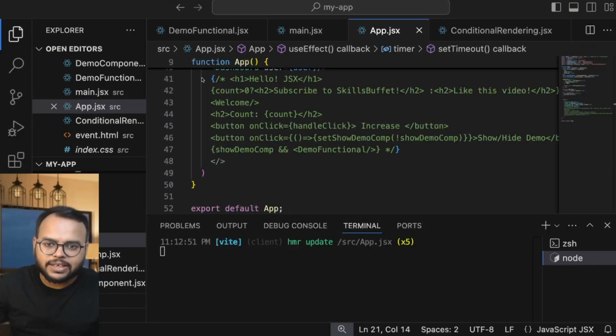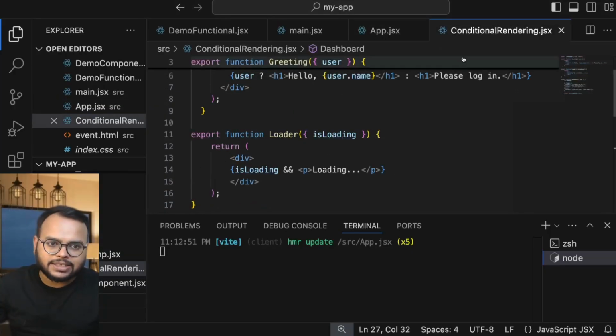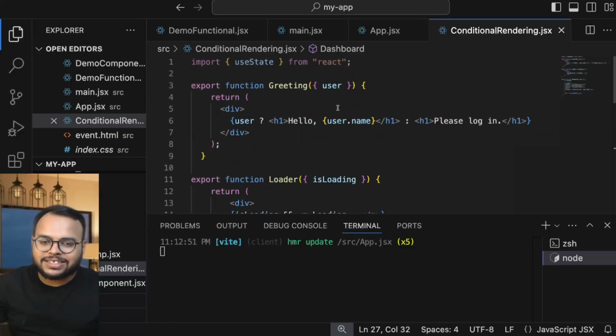Whether you are showing a loading spinner when data is being fetched, displaying a message when the list is empty, or showing a user-based layout based on their role, conditional rendering is everywhere in React. In our previous videos in this series, we have used it quite heavily. So first thing we have done is we have just commented out all the things that we have returned earlier. And here I have created a separate conditionalRendering.jsx module that has three components that we will be discussing for